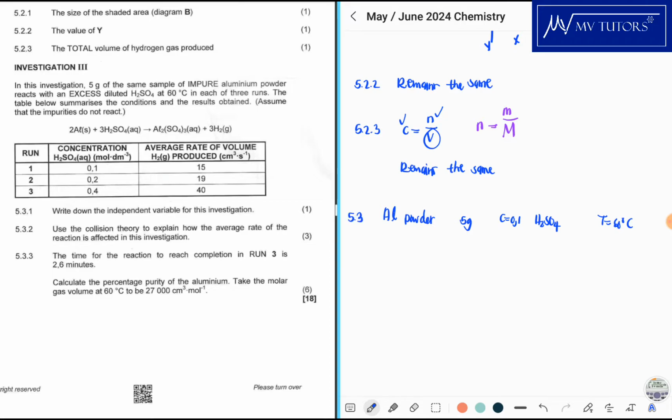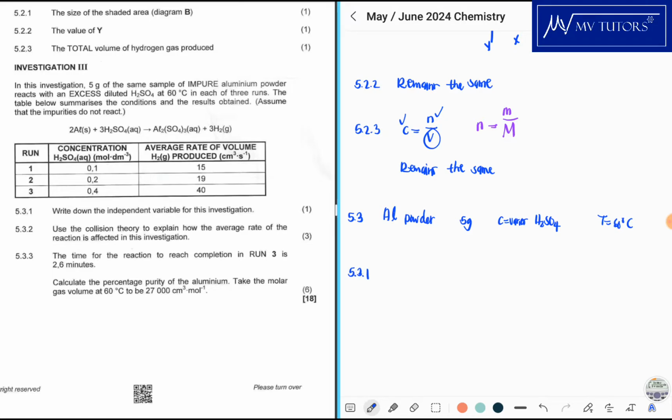So what they're doing, the table below summarizes the conditions and the results obtained. Assume that the impurities do not react. We still have the same formula there, but now we are varying the concentration. So concentration varies. Temperature is still the same. Now 5.3.1,